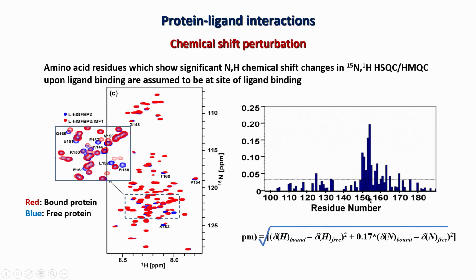Now, one more thing which we saw in the last class is that the region which binds can be identified based on how significant a shift they show upon binding. So, in this particular protein, which is a real case example, we see that residues number 150 to 160 or 165, somewhere in this region, are binding sufficiently strongly to the protein, because those amino acids are undergoing a significant change in their backbone amide and nitrogen chemical shift. So, this is how we can find out which region of the protein is binding to the ligand.